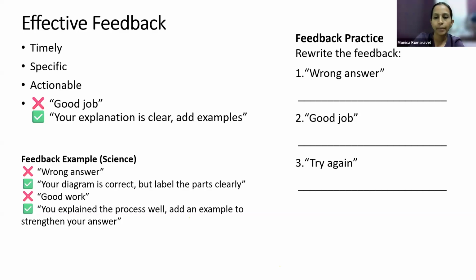Okay, so instead of "try again", I will say, you have identified the electrical components correctly. Now focus on arranging them so the current can flow. Now I'm giving specific feedback: you have modeled the electric circuit correctly and the components are identified correctly, but the arrangement is not proper. If you make the arrangement proper, you can make the current flow. If you just give "try again", the student will not know. So you need to give definite directions on how the student should proceed.